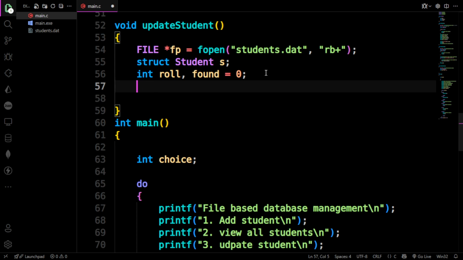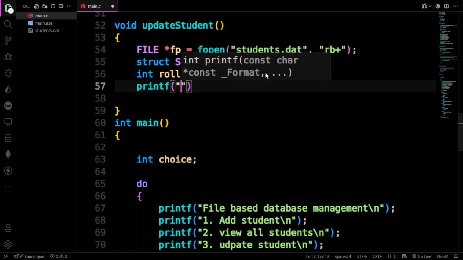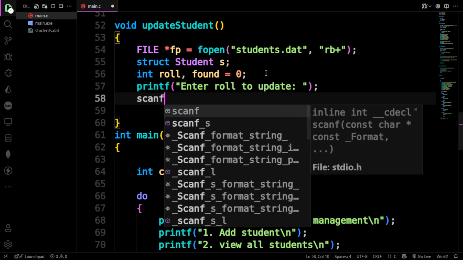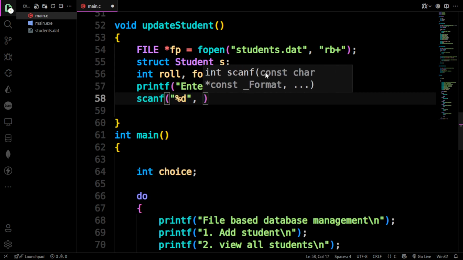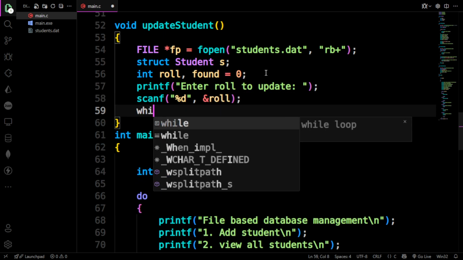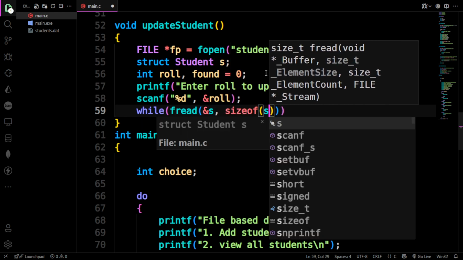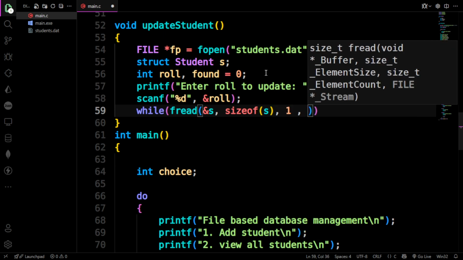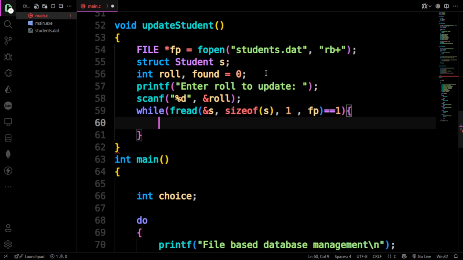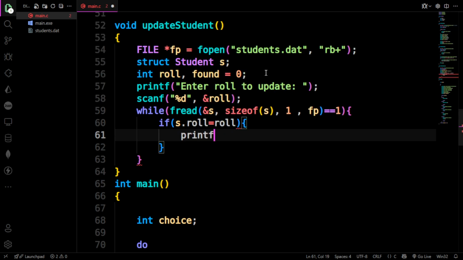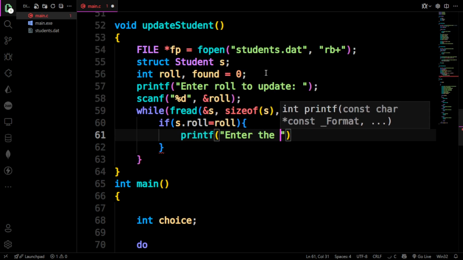If any record is found, then we will override found to 1. So printf, first we will accept the roll number from the user to update, and scanf this roll number into roll, and while fread we will read the data into s, size of s, and the third argument is how many records, and the fourth is the file. And if s.roll equals roll, meaning the data is found, then we will simply ask the user to enter the new name,